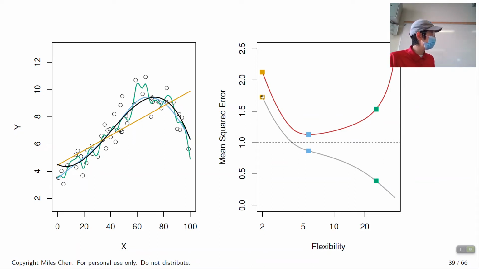Over here in the gray is the training data. How much error is there between the yellow line and the actual data in our training set? There's a lot, like 1.7. What about for the blue line? The blue line reduces the amount of training error quite a bit. And for the green line, the amount of error in the training data is very low, because the distances between the green line and any of these data points are very small. So it has very low training data error.